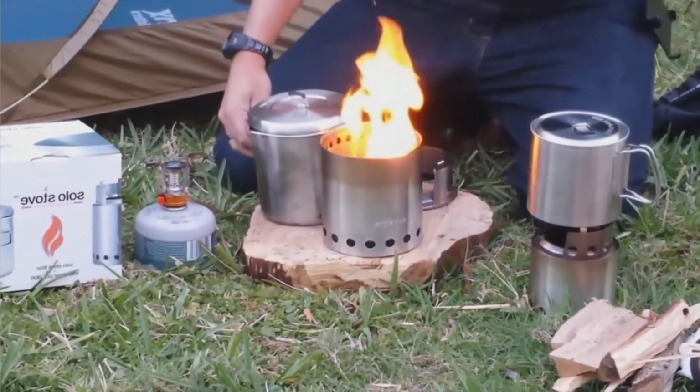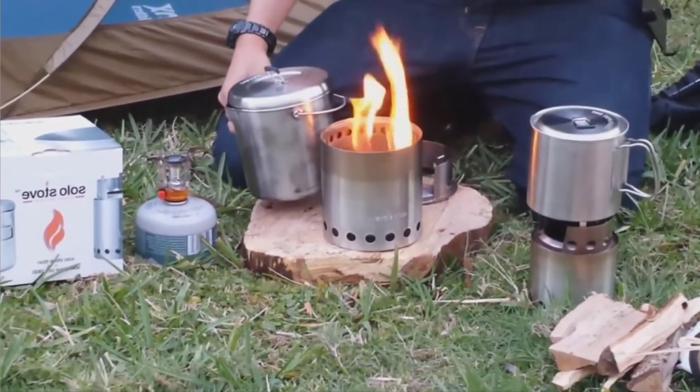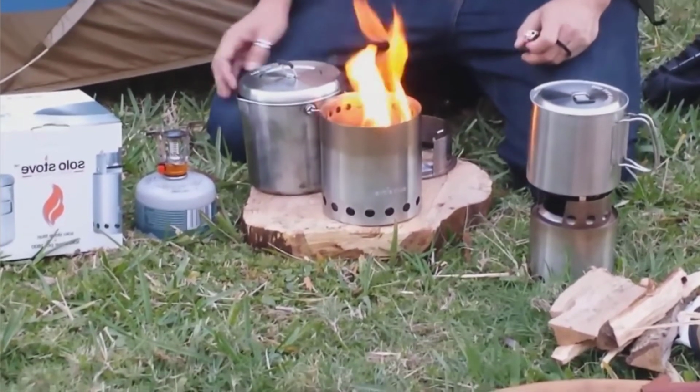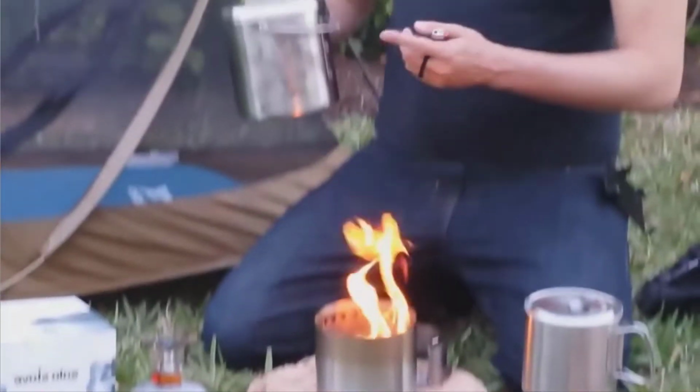And I'm still waiting for this. I'm going to add some more pieces to it. I'm waiting for it to get a little hotter before I attempt to actually use it. So while I'm waiting for this to burn, just to say a little bit about this, the Solo Stove Pot